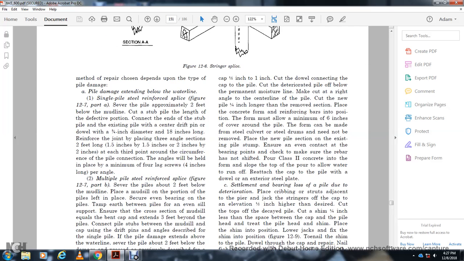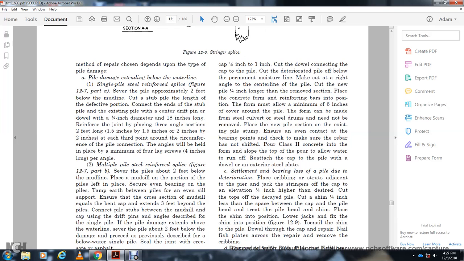The method of repair depends on the type of pile. If the pile damage extends below the water line, splice the pile with steel and reinforce it. In Figure 12.7, Part A, sever the pile approximately 2 feet below the mud line and cut the stub pile to the length of the defect. Connect the end of the stub to the existing pile